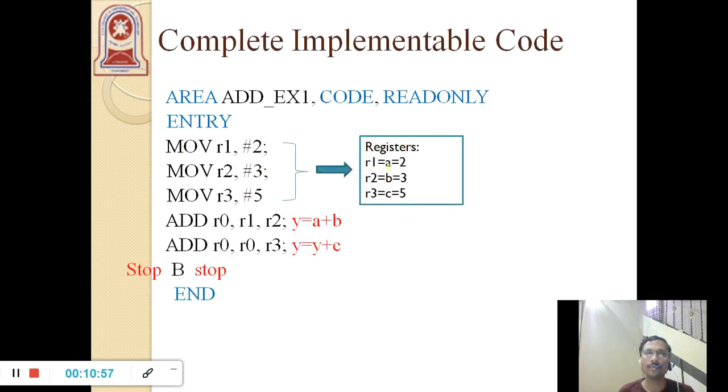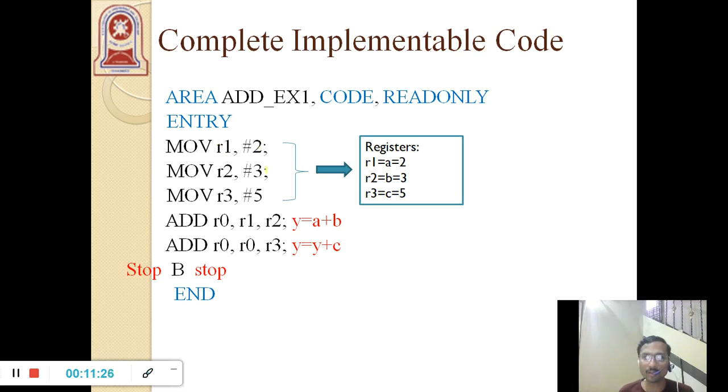Since we have chosen R1 as the A register, R2 for B, R3 as C, I try to read the immediate data into the R1 register. So how do you read this immediate data? It is nothing but a data processing instruction I must use. One of the data processing instructions is the MOV instruction. I'll make use of the move instruction to read the immediate value 2 into the register R1.